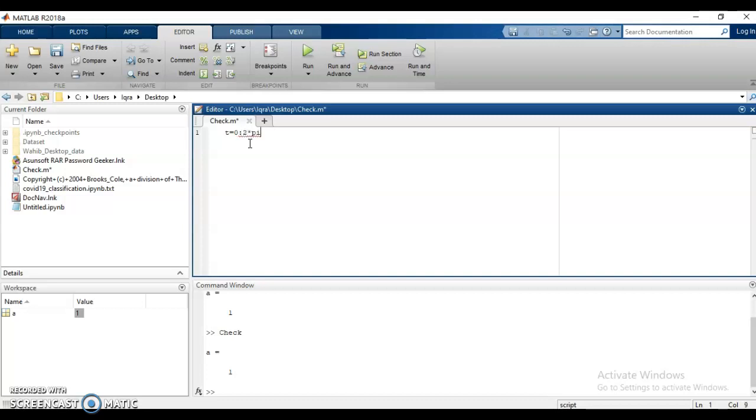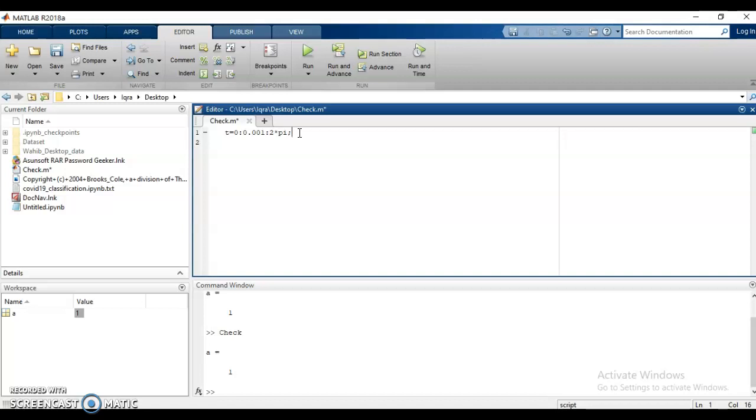As you know, the range is 0 to 2 pi, but because MATLAB doesn't know whether it is a continuous or a discrete signal, we make it look like a continuous signal by giving it as small a step size as possible, so that it looks as if we have a continuous signal instead of a discrete one. Okay, so we have defined the t, and I have used this method of defining t. There are two different methods of creating arrays that we had studied.